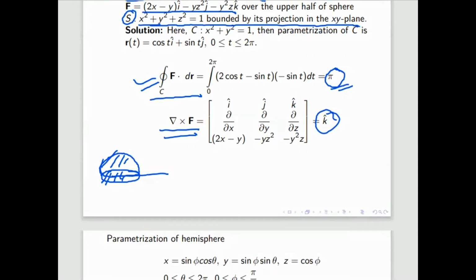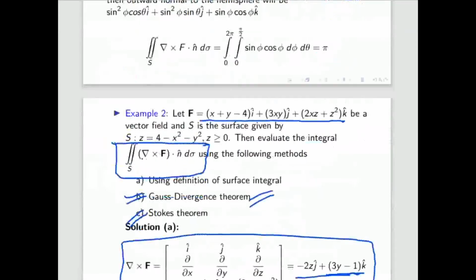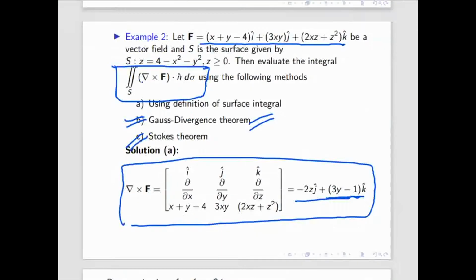In some books, they directly use this Gauss divergence theorem in the Stokes theorem, because in the Stokes theorem you need to calculate this. In this question, the task is to calculate this. In the Stokes theorem also, the right hand side is exactly the same as this. This is the Stokes theorem. So you can use the Gauss divergence theorem to calculate the right hand side of the Stokes theorem.